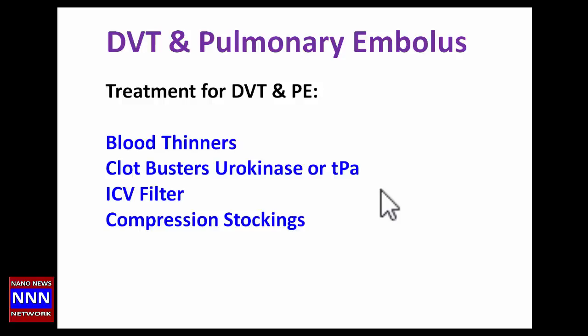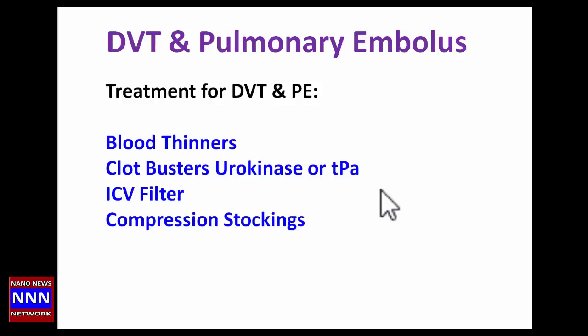In some patients, if there is evidence for recurrent pulmonary emboli, we may be able to prevent that from happening by putting in a filter in the inferior vena cava. And of course, all those patients with history of deep venous thrombosis or history of pulmonary emboli in the past may benefit from compression stockings. And as I said, they are routinely used in hospital settings when there is a high risk for development of